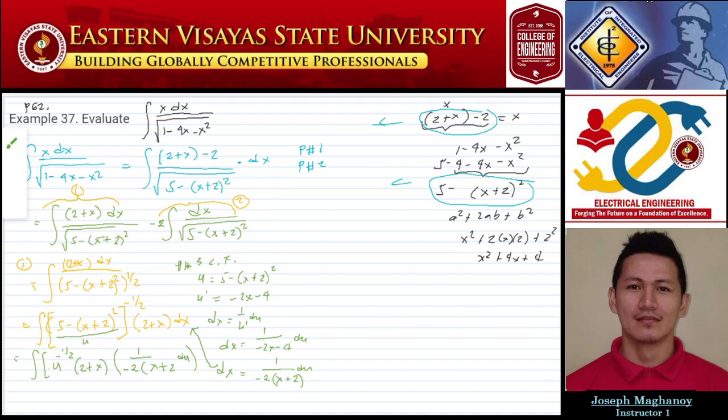Okay, we can cancel out the x plus 2. The remaining is negative 1/2. Moving out the negative by property number 2, that is negative 1/2 times the integral of u raised to negative 1/2 du. It's obvious that we can apply our power formula. If you apply your power formula here, your answer is